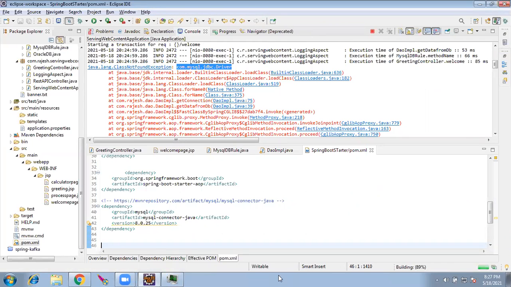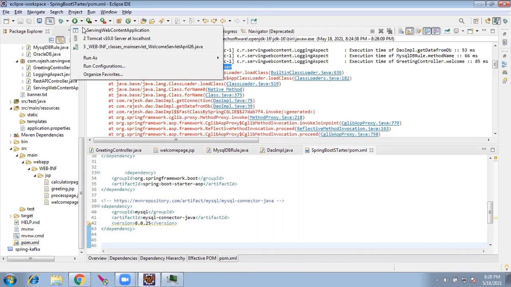So there's no new concept which we are learning today. What we are doing today is integration of all the pieces which we learned all these days. So core Java, advanced Java, Spring Boot, and the JSPs, JDBC connection. So all the concepts, and we have studied every single program individually, hands-on in all the sessions. We are just integrating it. Okay, so this is done. Now I can restart the server.